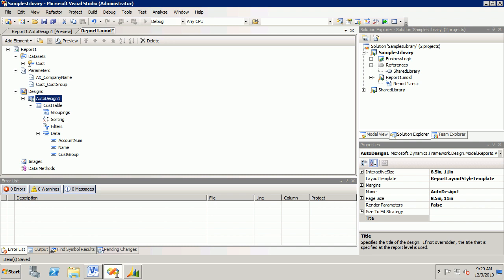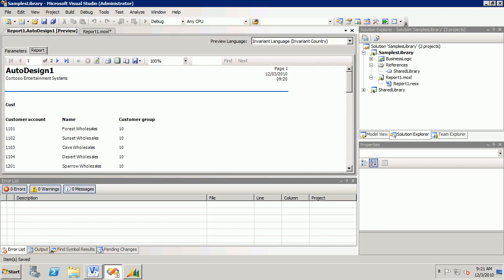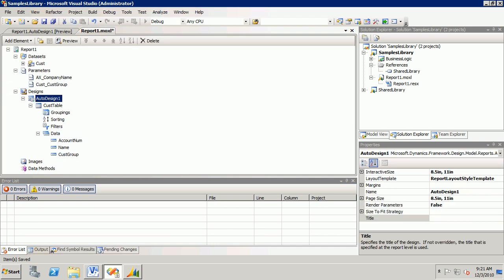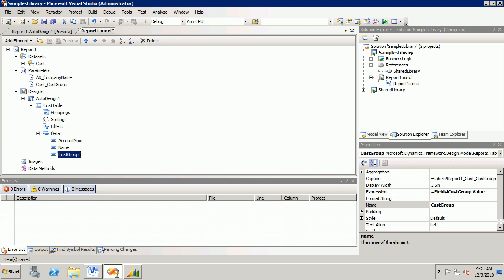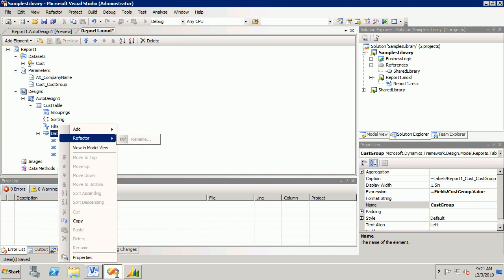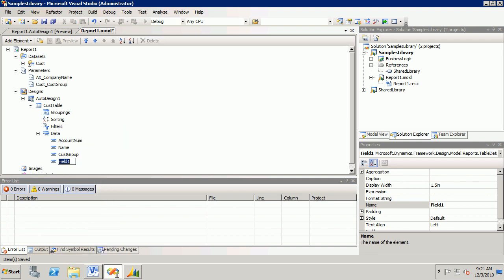I'll expand this node called data. And these are the three fields you see in the preview, right? Account, name, and group. Account num, name, and cust group. So what I'm going to do is add a new column by right-clicking on data and adding a field, right? It just says field 1. So I'll just call this upper name,